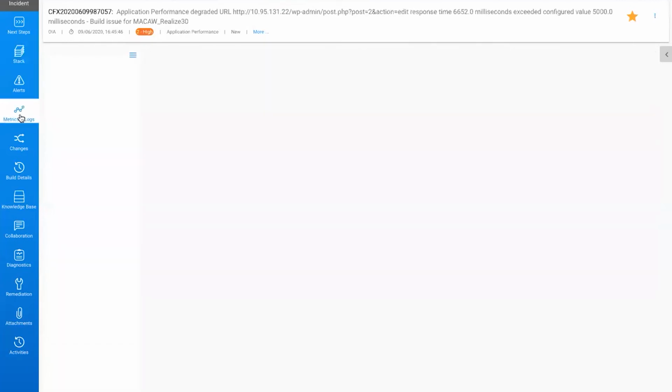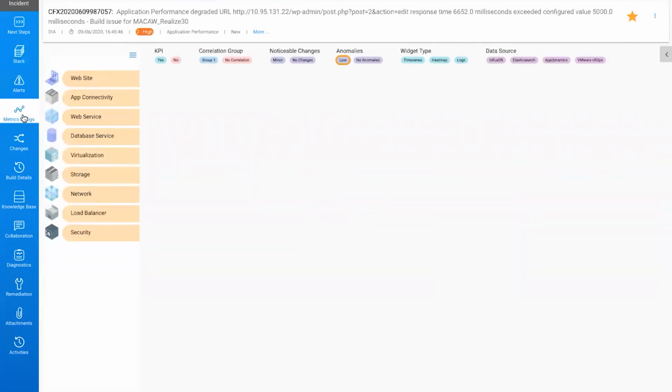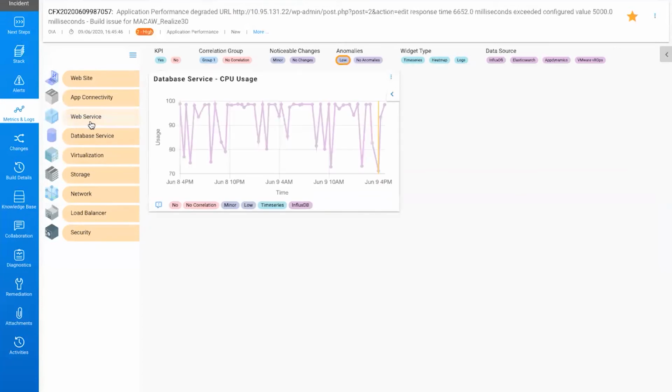And then once the stack is understood, the important thing is to pull all the operation data at the time of the incident. The more important thing is to understand how the situation is for each of the impacted elements at the time of the incident, compared with an hour or 2 hours or 3 hours, depending upon how long you want it to go.